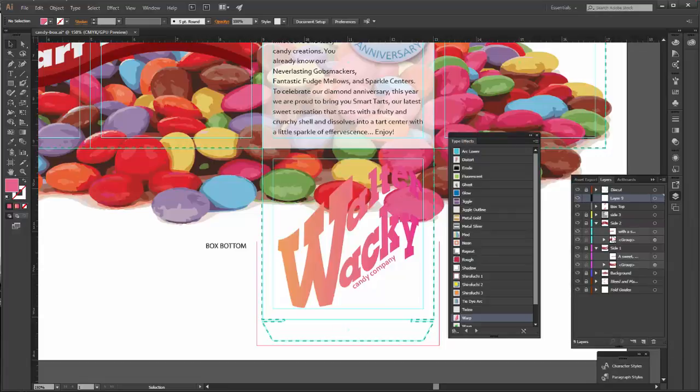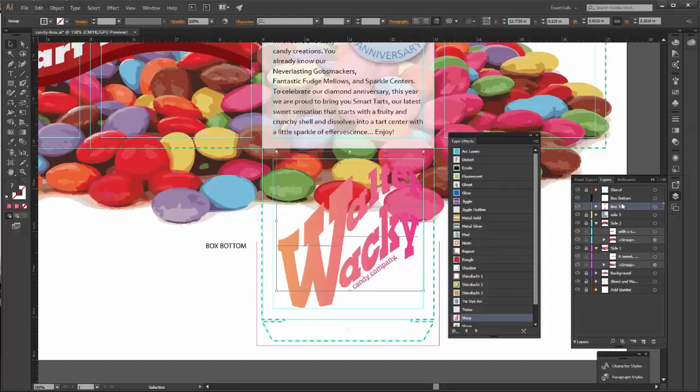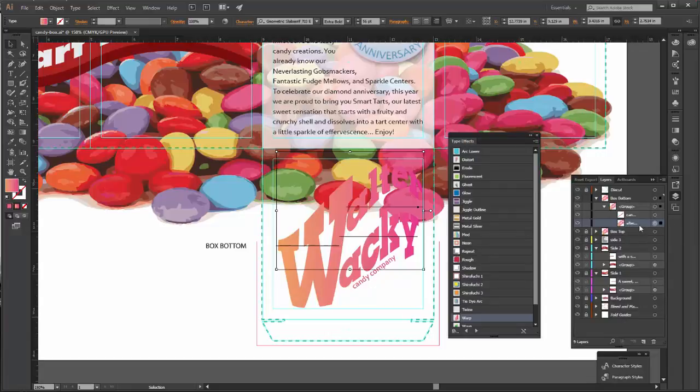In your Layers panel, create a new layer and name it Box Bottom, and drag that second instance to the box bottom layer, and then you can lock the box top layer. Expand the group and select the logo type object, not the text that says Candy Company, just the logo type. And we're going to apply a 1-point stroke